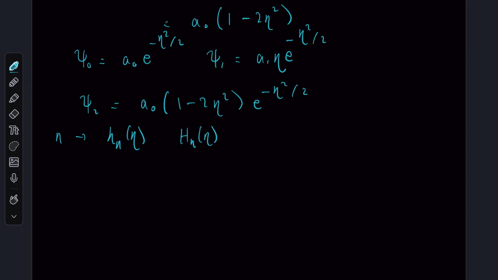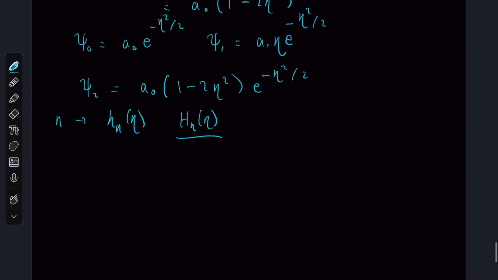And these happen to correspond to different stationary states in the solution for the harmonic oscillator. So just like that, we got our energy levels, which is h bar omega times n plus 1/2. But we've also gotten our wave functions, or stationary states,